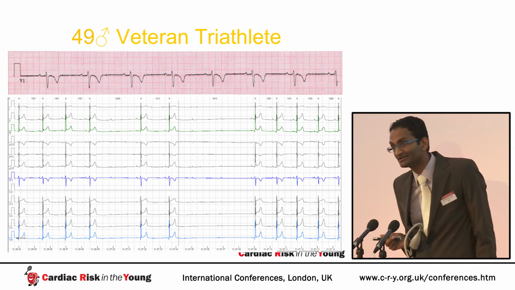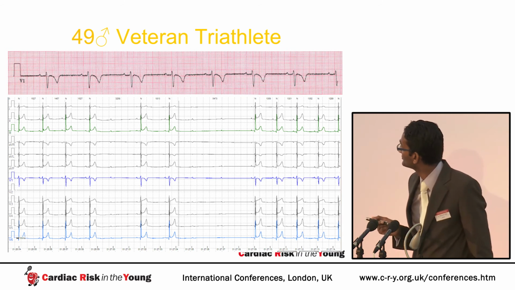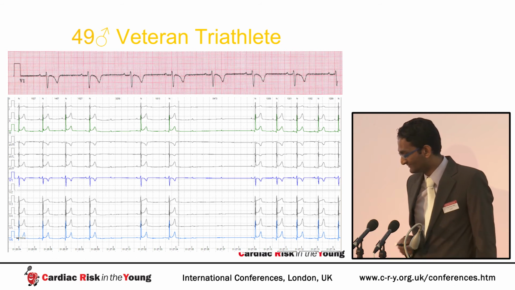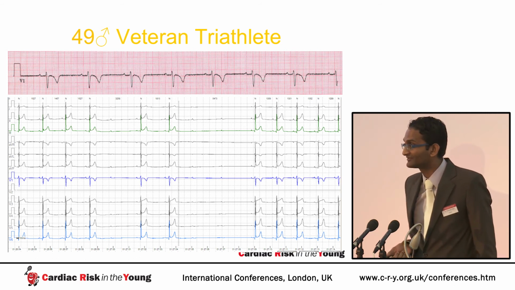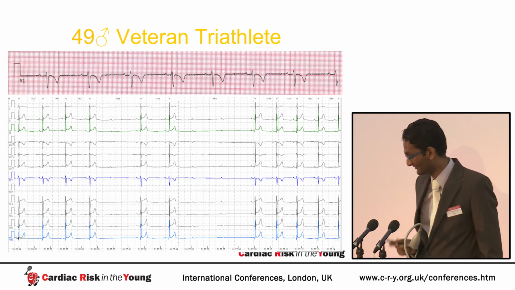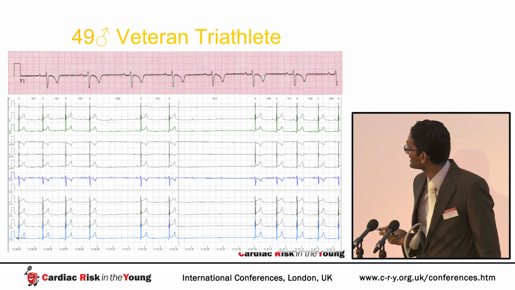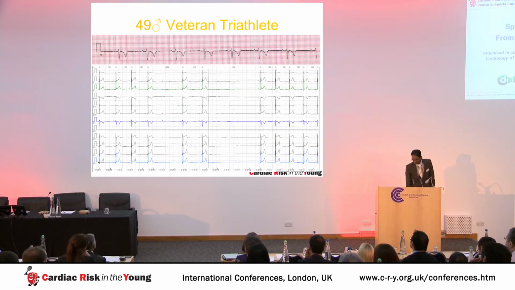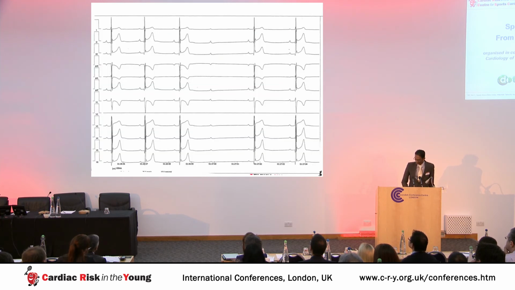At first glance, certainly I looked at this and thought, well, this looks like a non-conducted P wave down here with relatively constant PR intervals before and after, which I would have interpreted as Mobitz 2 block at first glance. And here on the right-hand side, we have 2 consecutive non-conducted P waves suggestive of advanced second-degree heart block. I'd like to go over this in a little bit more detail with you. So looking at the left-hand side, the single non-conducted P wave, I've blown this up a little bit here.